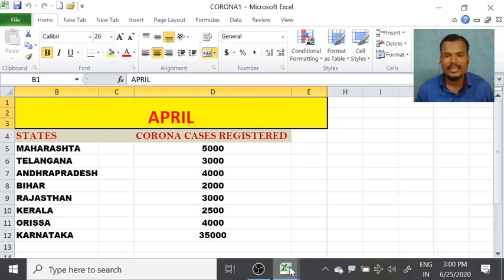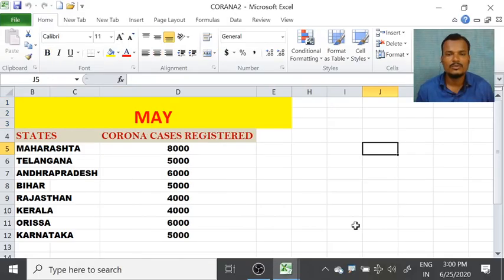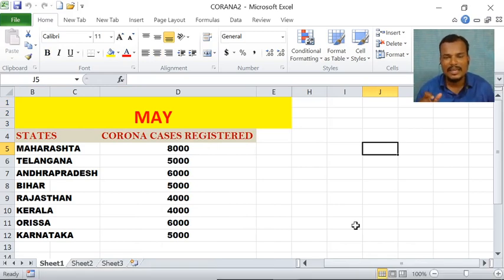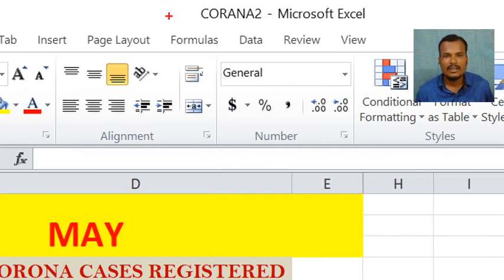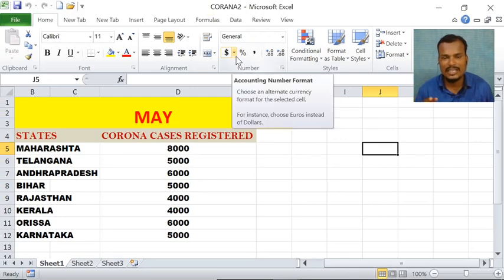Now I am taking another workbook, because I am comparing the data between two different workbooks. You observe the name here. This is Corona 2. That means I have taken two different workbooks. The first one is Corona 1 and the second one is Corona 2.